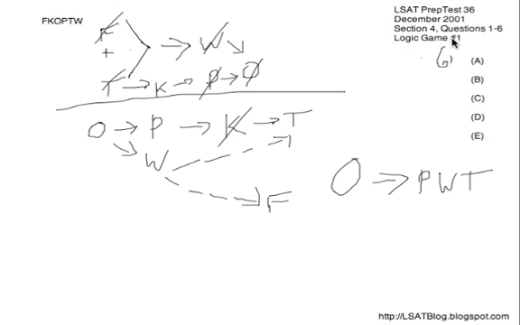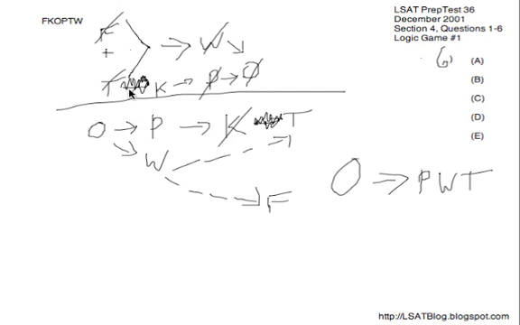Question number 6, last question of the game. They're giving us a new rule. This is suspending one of the previous rules, the rule imposing a relationship between K and T. So last question of the game, it's perfectly fine to modify your main diagram if this is the last question that you're doing. So I'm going to cross off this arrow between K and T right here, as well as